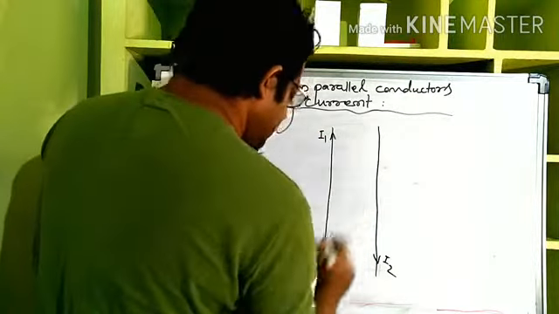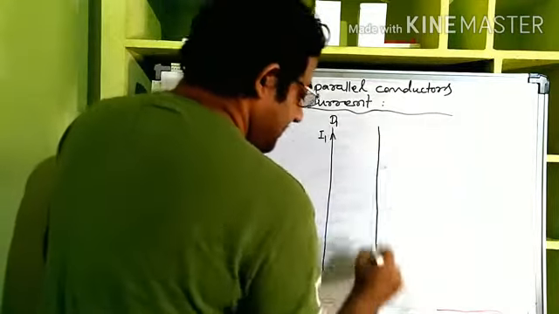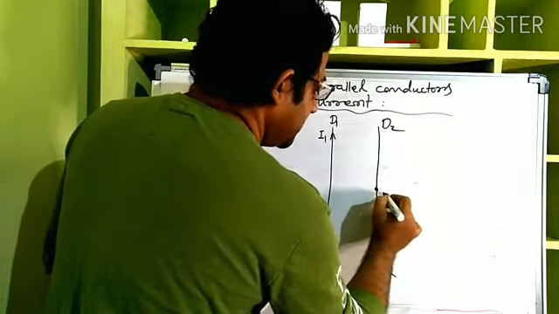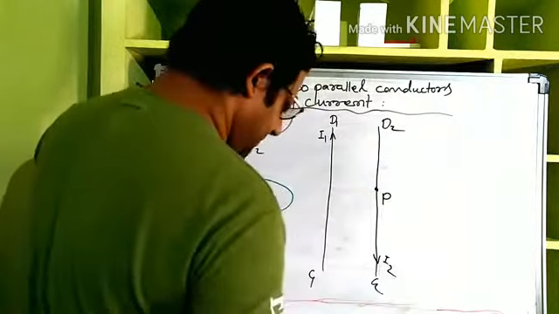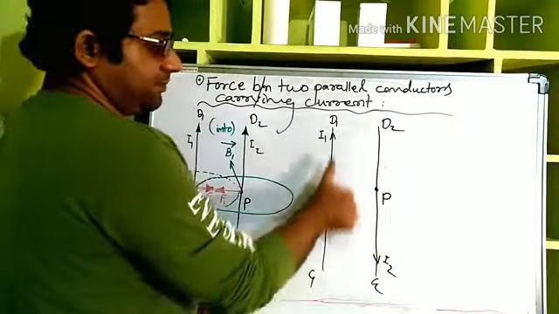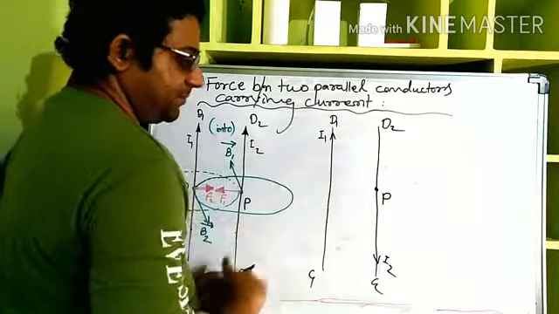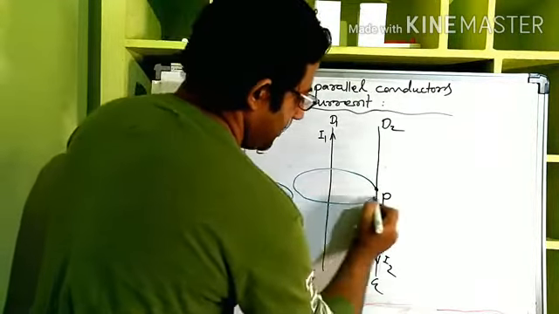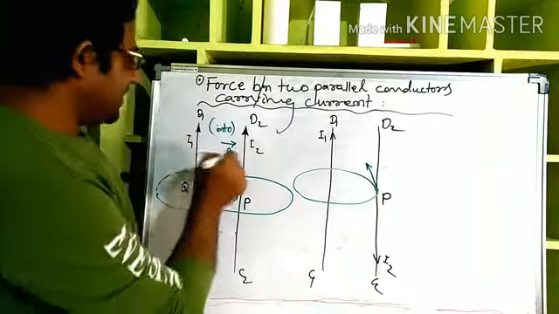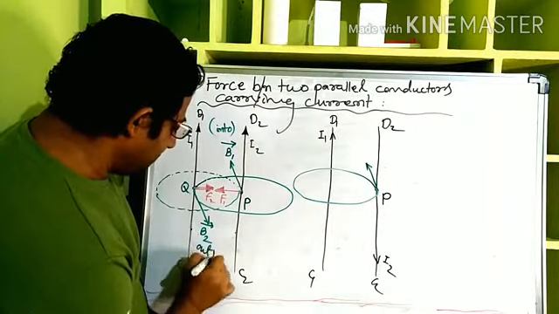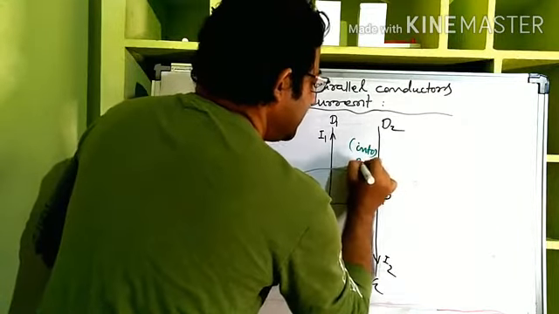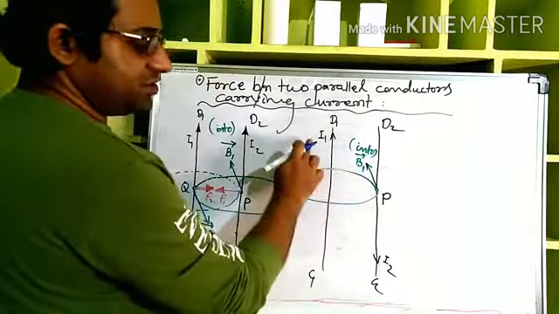Now again you follow the same thing. Let us say this is C1D1 and this conductor is C2D2. First consider a point P here, as we took before, and due to I1, what is the magnetic field at P? Keep your thumb in this direction, right hand thumb rule, and turn the fingers. So this is into the board. Into the board I am showing. Here I had written into, so this is out of the board I am writing. Here it is into. This is the magnetic field B1, because it is due to I1.